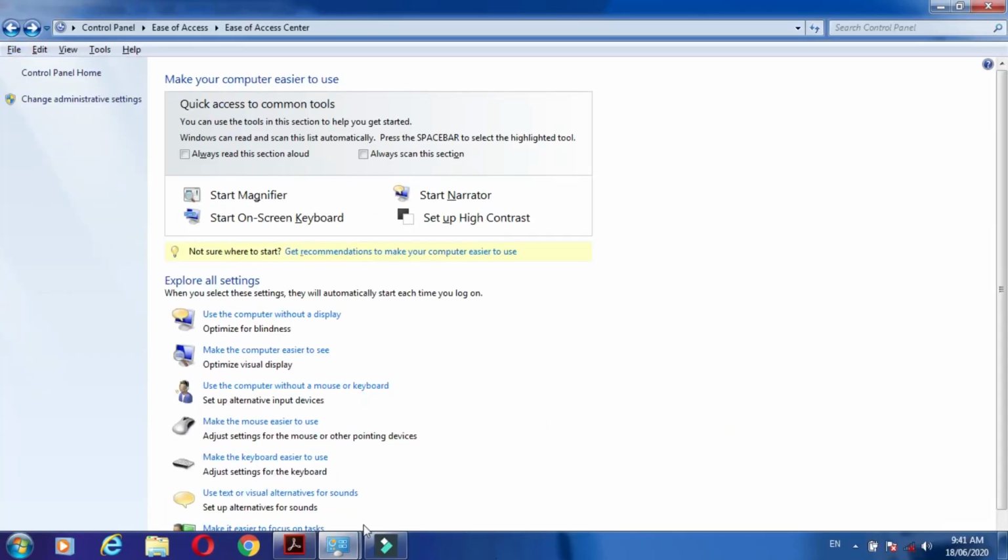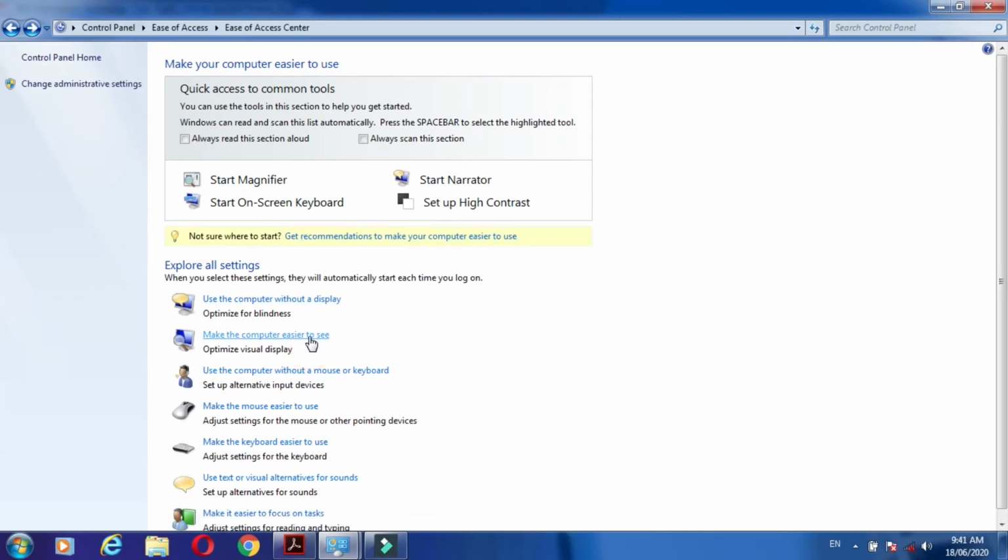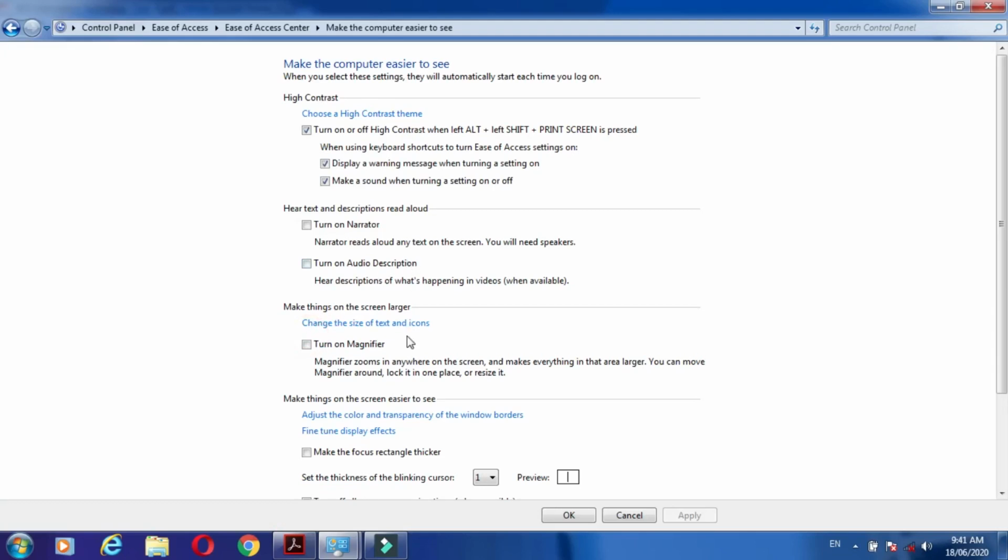So let us do the practical of how we can change the slider of the mouse pointer. Come into the control panel, make the computer easier to see here. You click on this, then again change the size of text and icons.